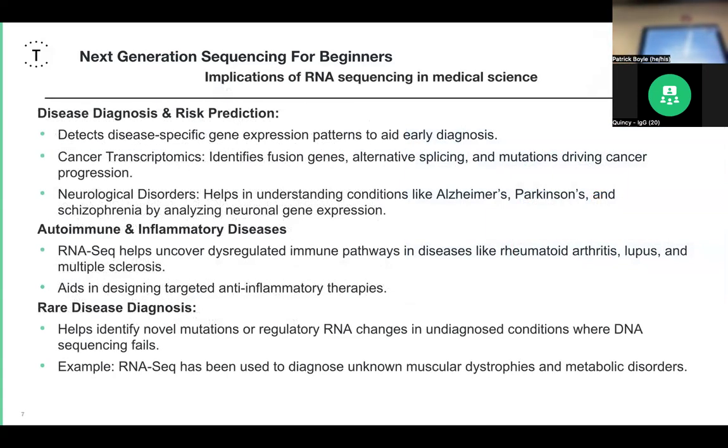There are some implications. Again, there's always disease diagnostics and risk prevention, right? If you're looking at cancer, there are things called oncogenes, which I'm sure everyone's aware of. These oncogenes are typically for the expression of oncogenes causing the repression of certain cancers. So if you have any kind of dysregulation or changes in that RNA or even that DNA, then you can have,